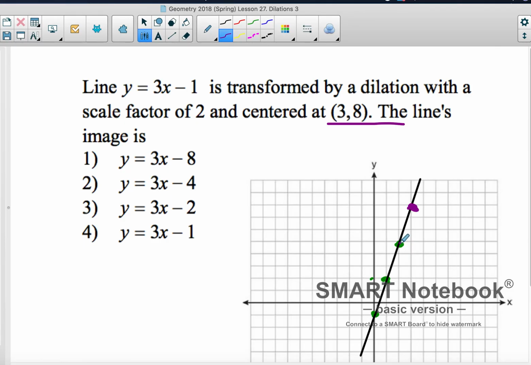Let's see. If we got 1, 2, let's do this. 1, 2, 3, and over 1. Well, that looks like the same slope we just used to get this point. Well, if we got to do that twice, then we're going to go up 1, 2, 3, and then we would go over 1. And if this graph was extended, it would land there, and the line would also be on that point. So interestingly enough, if we're dilating something with the center on our line, it becomes that same